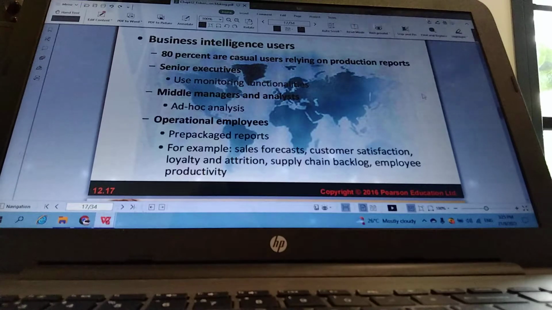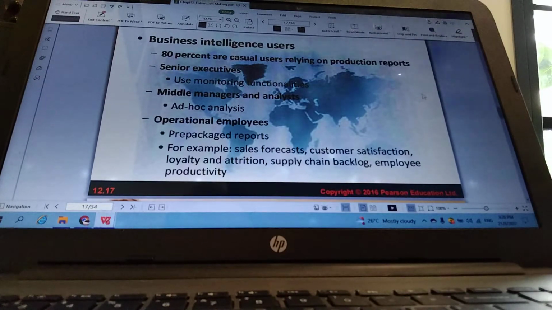The middle managers and analysts are also part of the 80%, and normally they will be involved in ad hoc analysis, based on request or based on demand. The other group, part of this 80% of casual users who depend on the production reports from the BI systems, is known as operational employees, the line managers or the operational employees,